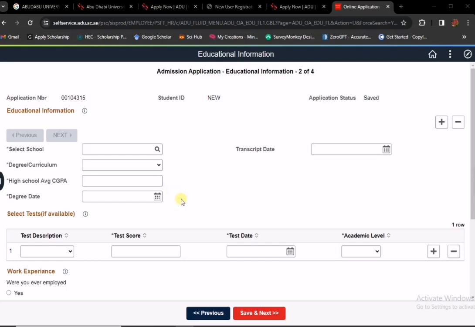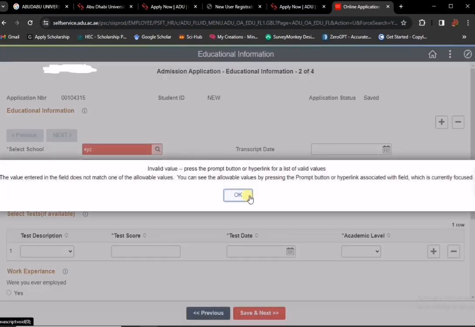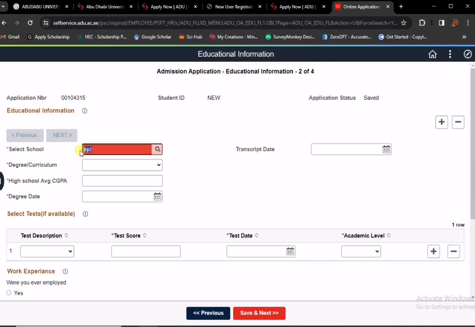After saving all this information, next you have to give your educational information. For example, start from here, select school. I simply type the name of my school. For example, I give this name XYZ. I also show the okay. I simply select this ComSet, then